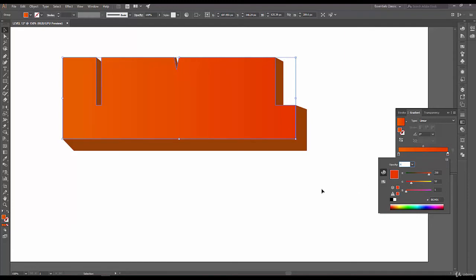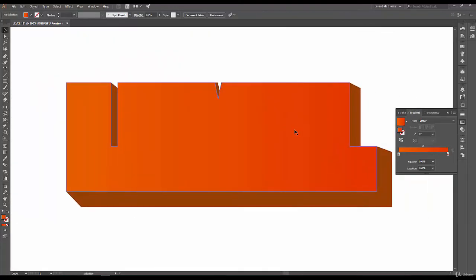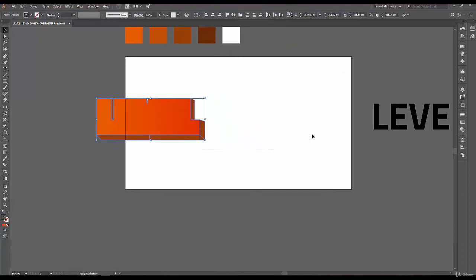So the reason why I did this is because it adds a little bit of perspective, and since we're going to add the number 13 on top of it, it's going to look like it's casting a shadow on the level object below it.